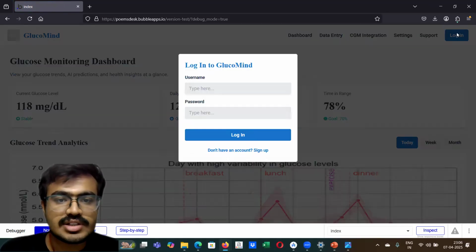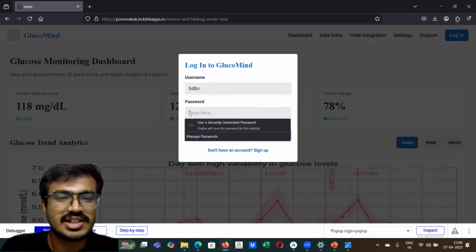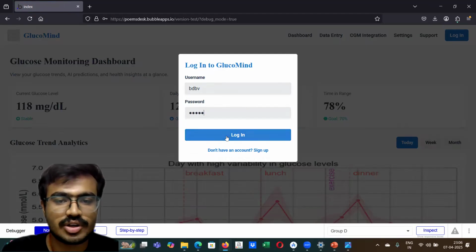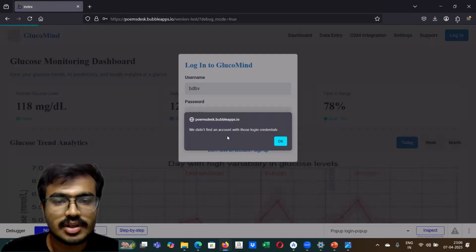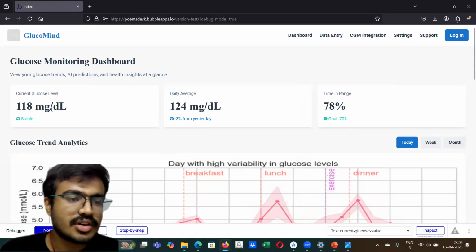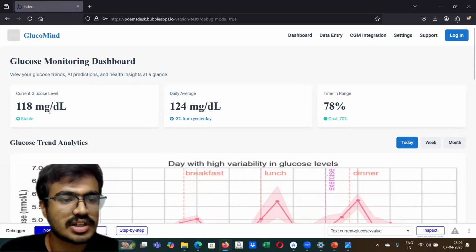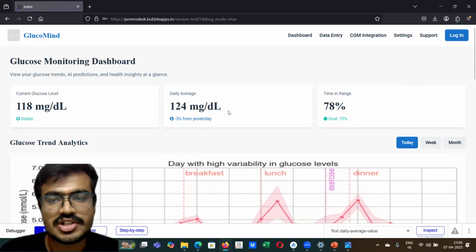Okay, so this is the login page. Here you can type your username. Let's take any random digits for now. And you click login. Right now, it doesn't have any such login credentials. So this will show. Now, next, coming to the dashboard, it shows the current glucose level, the daily average, and the